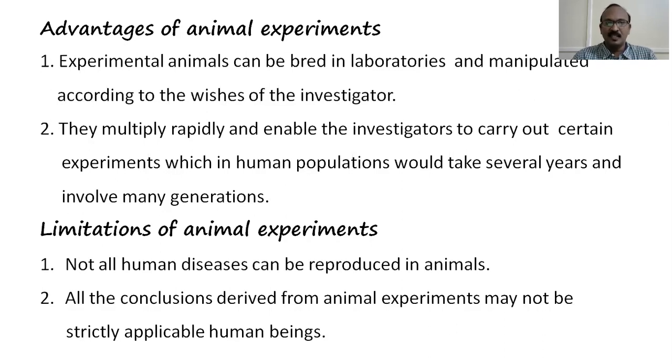So many diseases in human beings cannot be reproduced in animals. In such a case, animal experiments fail. All the conclusions derived from animal experiments may not strictly be applicable to human beings. This can be understood very well by the experiment on typhoid. It has been found in laboratory animals, when two types of vaccines were administered to two groups of